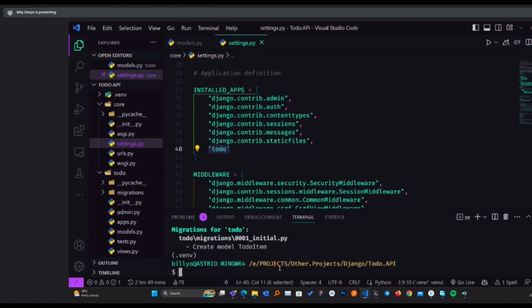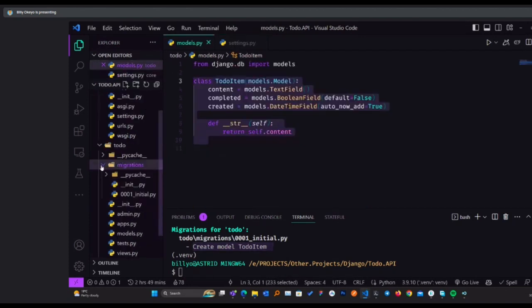So I'll make migrations. You'll see that it has created a migration called 0001_initial.py, and what it has done, it has created the model TodoItem, which is this. So I'll come to the todo app, open migrations, open the file that it has created. You can see it has been generated by Django.